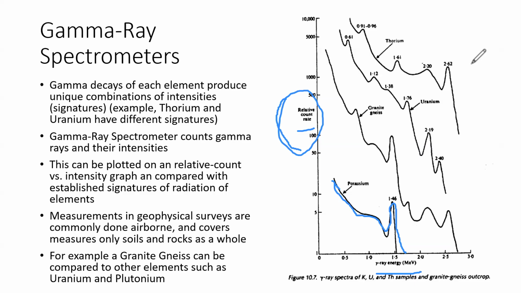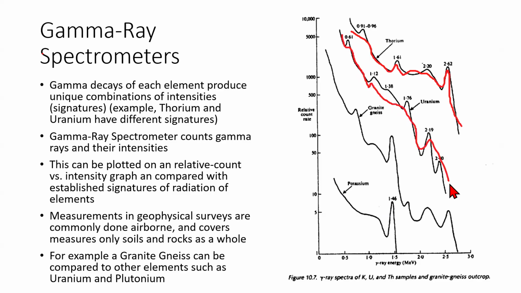So in this chart you have different spectral signatures. These ones are usually established prior. These are mostly well-known or established signatures. I'm going to be highlighting them. So thorium here is more or less an established signature. Uranium and potassium. These are the three most abundant sources of background radioactivity in the Earth.